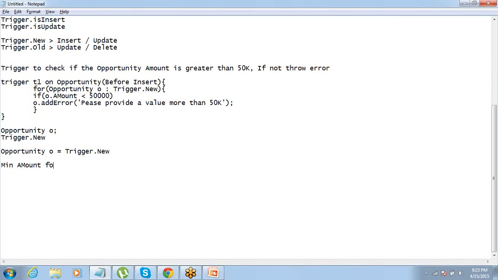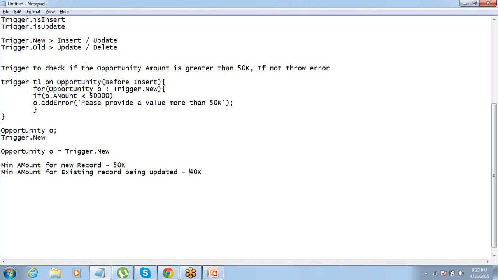Minimum amount for an existing record being updated is, let's say, 40,000.